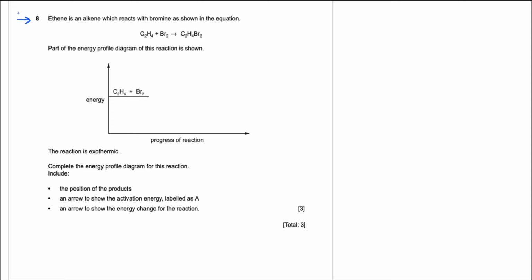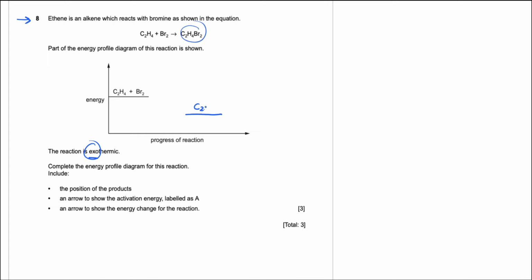Next, here we have a question that asks to complete the energy profile diagram. So first you have to determine whether it's exothermic or endothermic, because that tells you whether you have the products at a level lower than or higher than the reactants. In that situation where we have an exothermic reaction, you have to choose the level to be lower than the reactants level. So it could be here, and you have to just write the formula of the product, which is